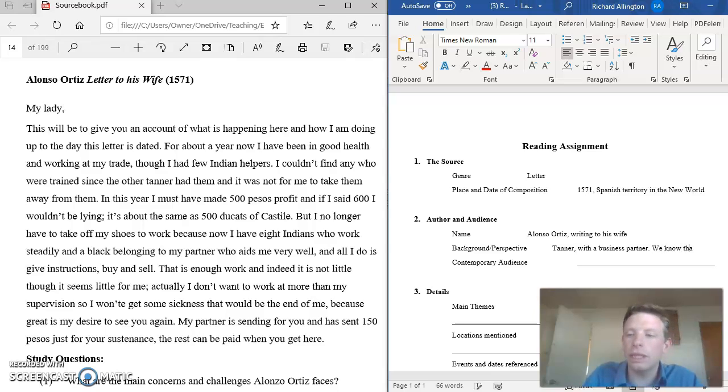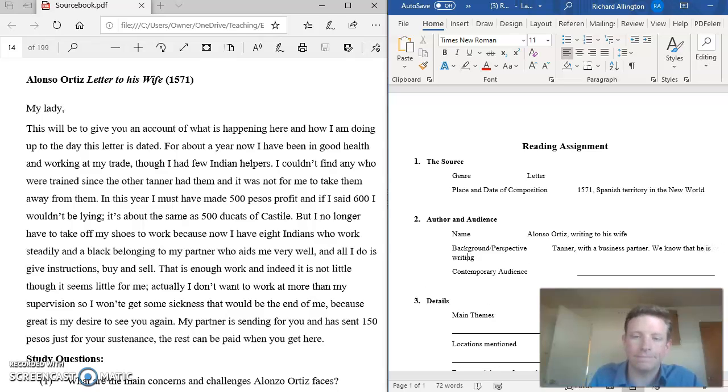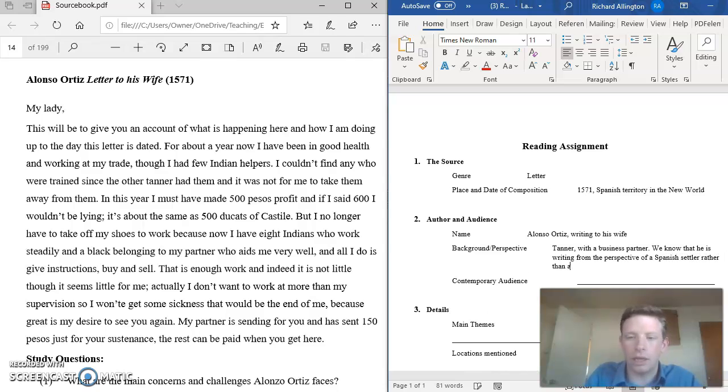We know that he is writing from the perspective of a Spanish settler, rather than a conqueror.